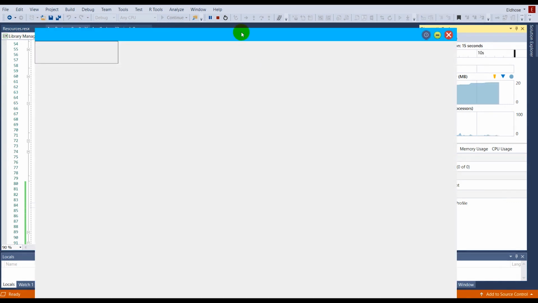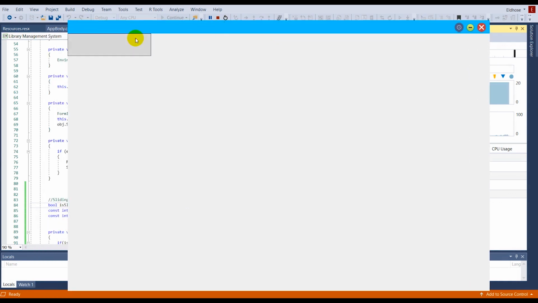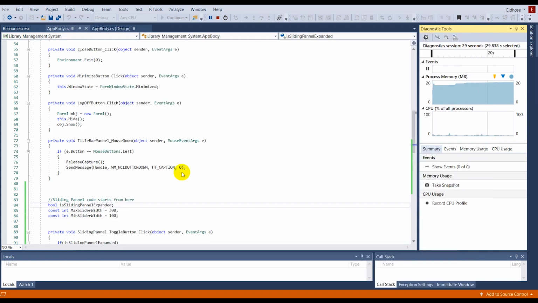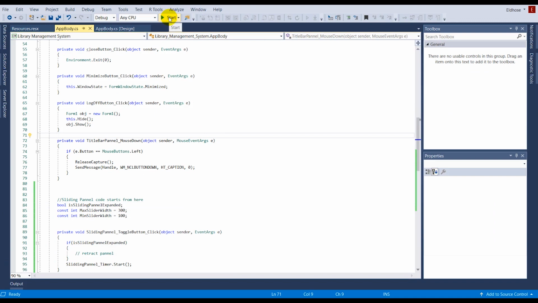And I have my login form shown here. So when I click this button, you can see that it has retracted. Now it's expanding. You can't see anything here because I don't have the panel shown. Okay, so now one thing, every time when I'm going to run this program, it's kind of annoying because first